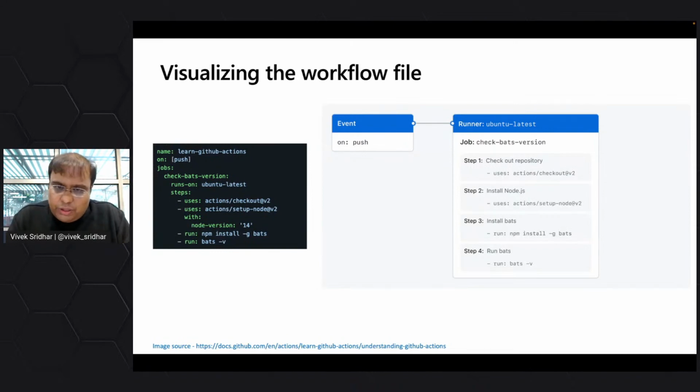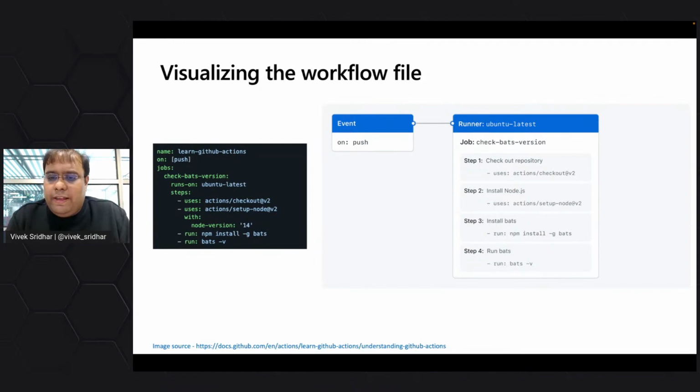And you can see step one, step two, step three, step four. Step one is using an action, actions slash checkout at version 2, which is nothing but a reusable extension, reusable template, reusable code, where a checkout step is running on the other side. So you just use that as one of the actions,